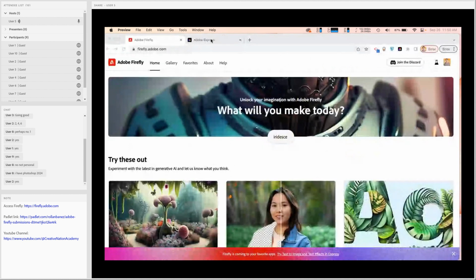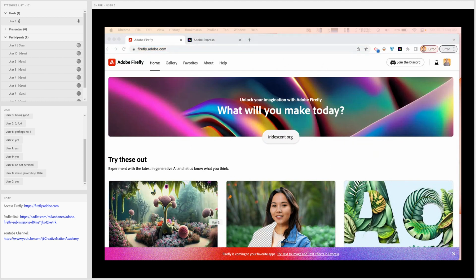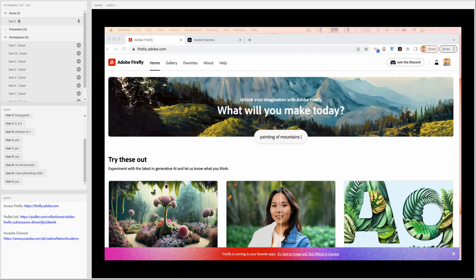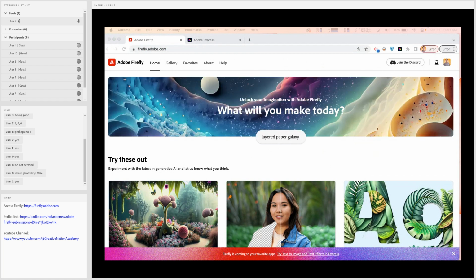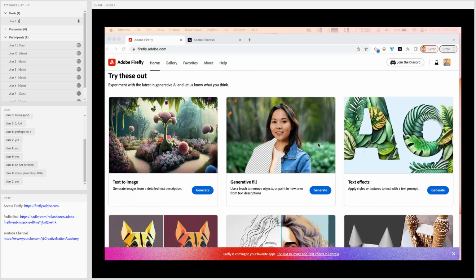And if you have access to Firefly, you can definitely check on the web page itself. I'm just going to copy and paste it on the chat box for all of you to use. You just need an Adobe ID for this. If you go to firefly.adobe.com, I'm just going to demonstrate some of the modules inside of Firefly. If you're done, kindly comment number 2 on the chat box so we can do it simultaneously.